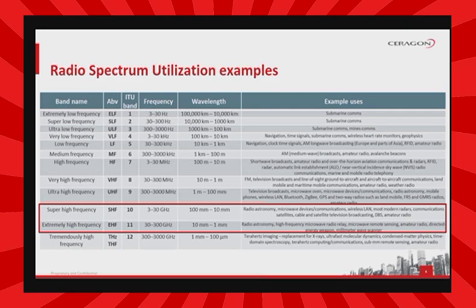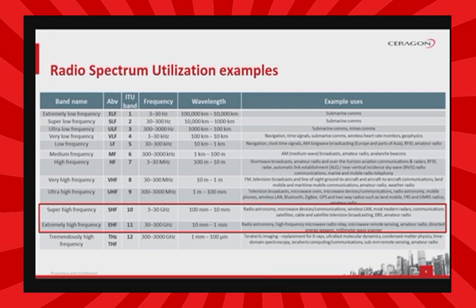Super high frequency, SHF, or ITU band number 10, has a span from 3 to 30 GHz, a wavelength from 10 to 1 centimeter and is used for radio astronomy, microwave devices, communications, wireless LAN, most modern radars, communications satellites, cable and satellite television broadcasting, DBS, amateur radio. These are the microwaves. Extremely high frequency, EHF, or ITU band number 11, has a span from 30 to 300